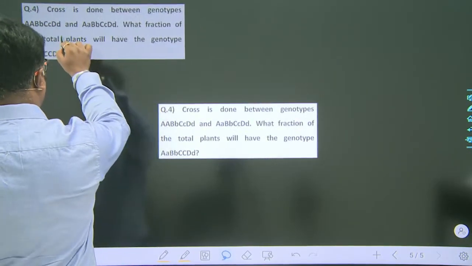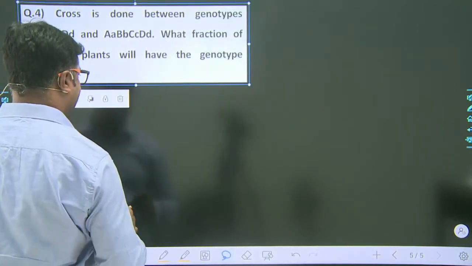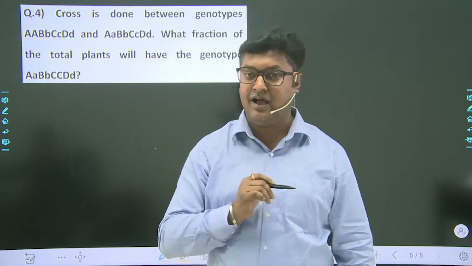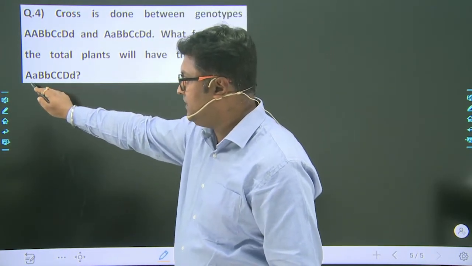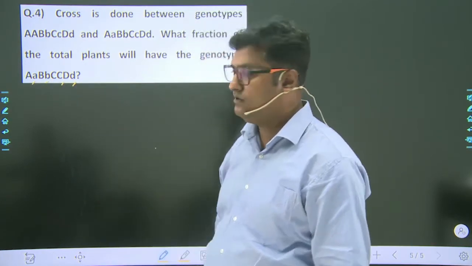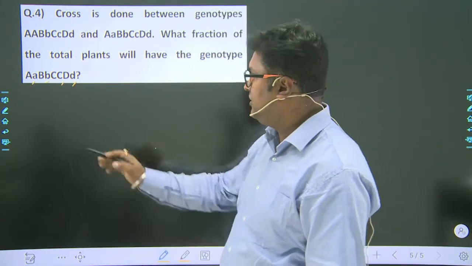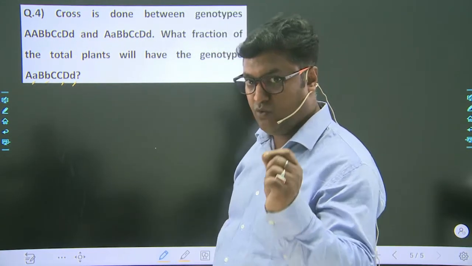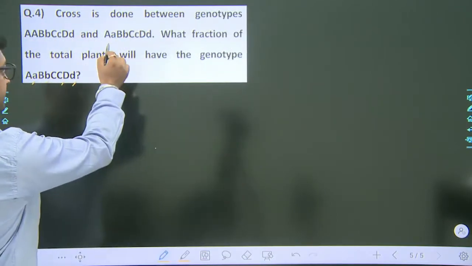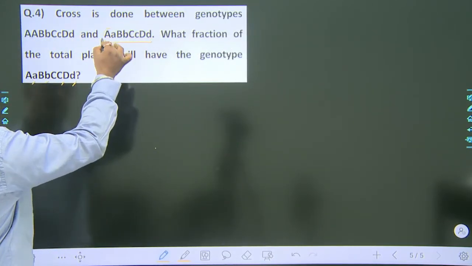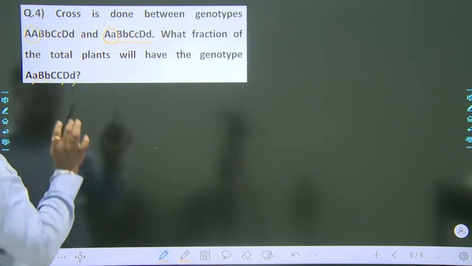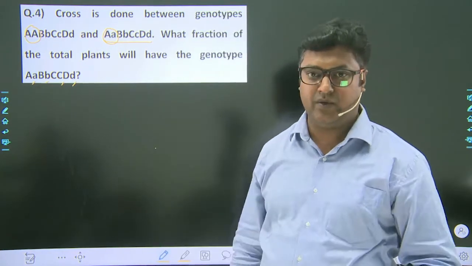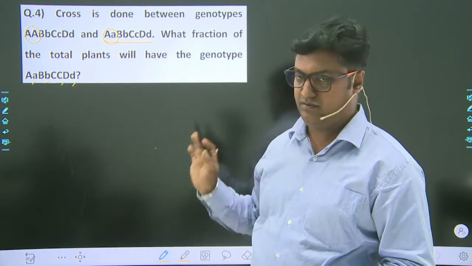Now see, here also I am having a tetra hybrid cross. It is an example of tetra hybrid cross, that is, how many characters am I actually using over here? 4 characters. Clear? So here also the same thing is being given, that this is getting crossed with this one. But here one thing I have changed, that here it is of this kind, but I have changed this one with this. Clear? Otherwise the entire thing is same. You can do it in a similar way, by doing it in the same order.